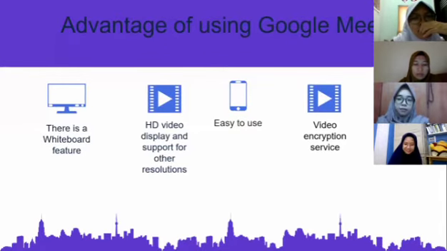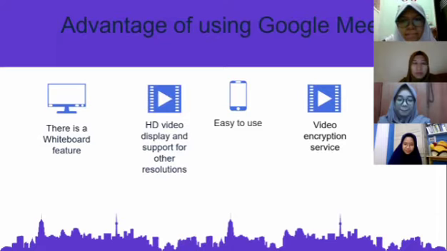And the last one is the video encryption service. Video encryption service is found in most video conference applications. Why? With the video encryption service, our data will not be misused.